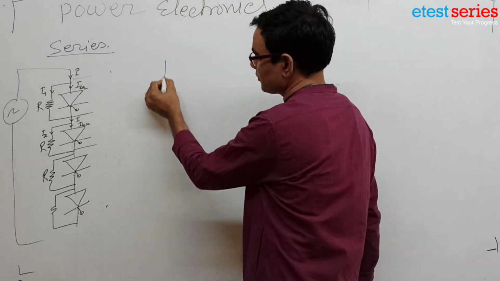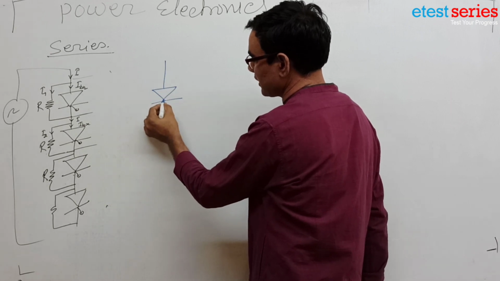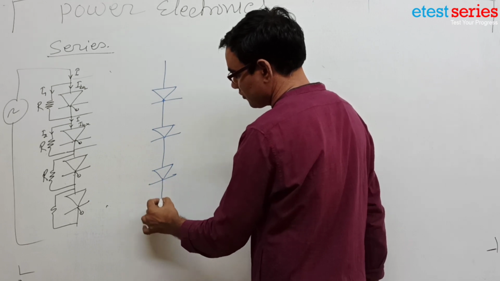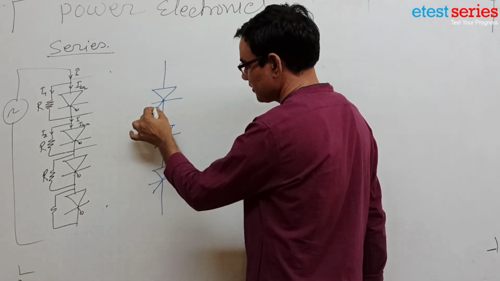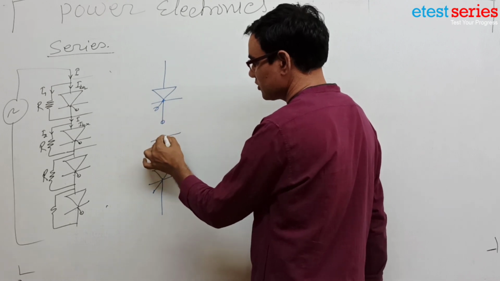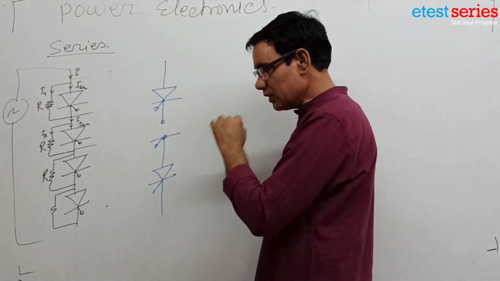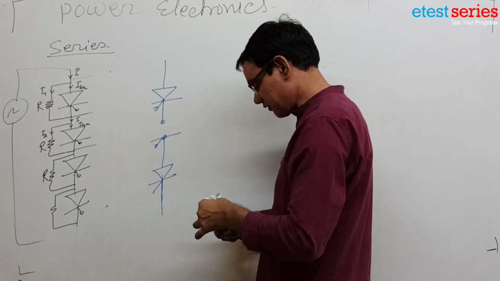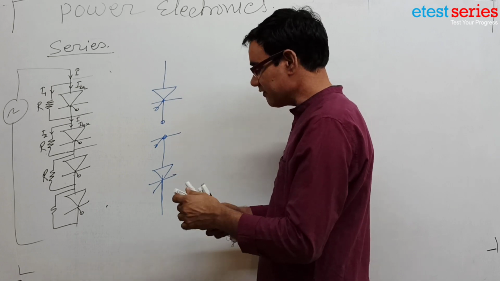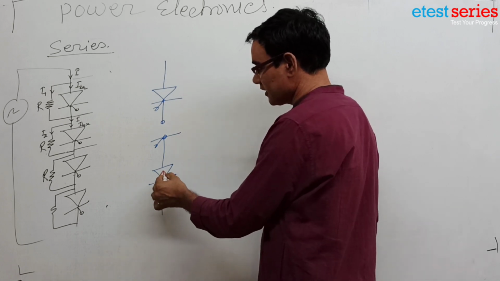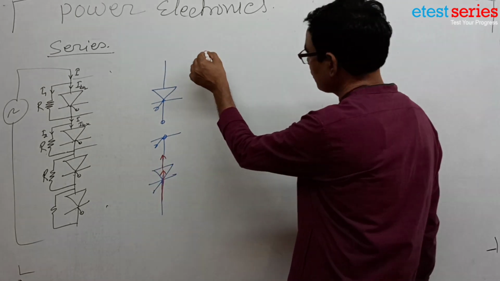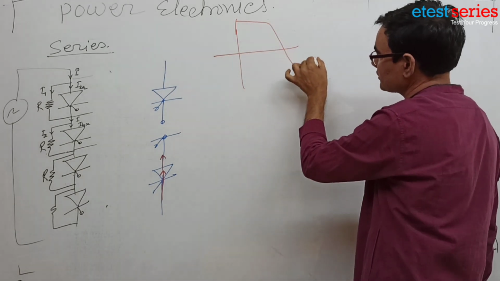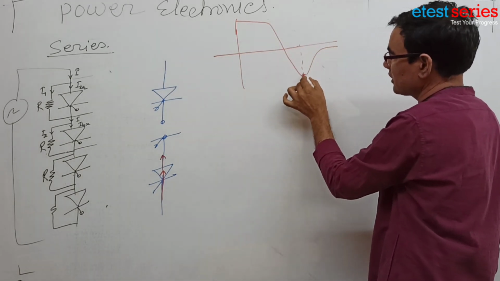Suppose there are 3 or 4 SCRs connected in a string, and one particular SCR is gate off. Then also there should be a reverse recovery current path. Reverse recovery means that when an SCR is gate off, there is a flow of current in the reverse direction. In the turn off characteristic of the SCR, there is a current that is known as reverse recovery current.